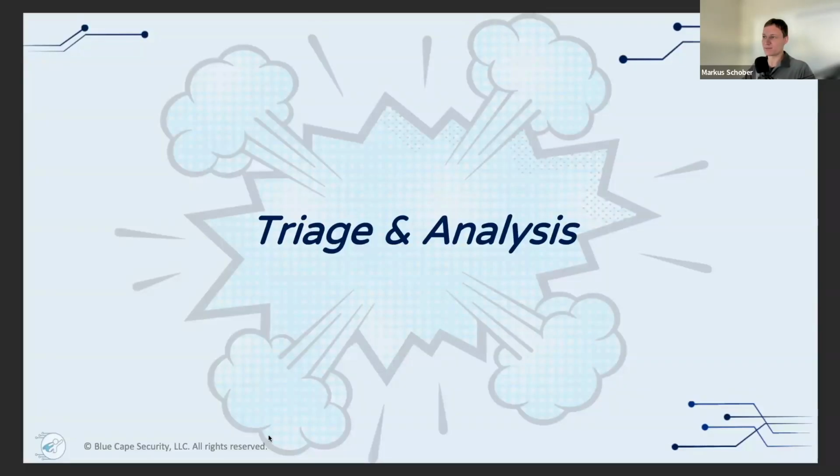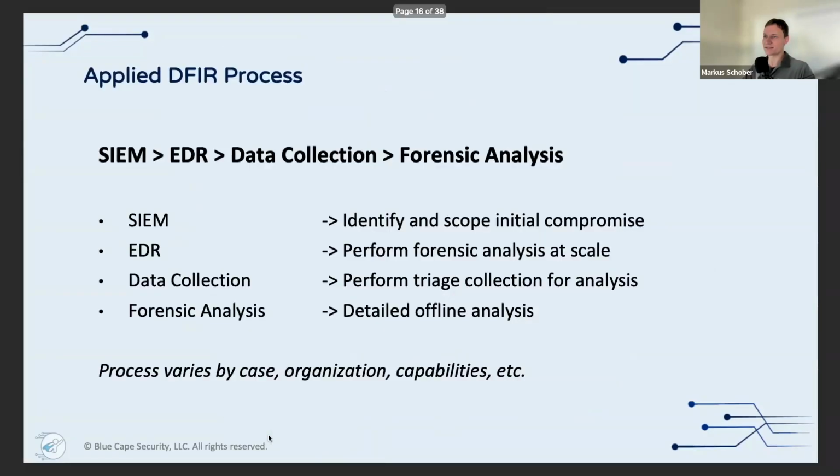Now we are going to jump into the initial triage and the analysis. So this is kind of the process, how it goes down. We have a SIEM, typically, that collects logs, as we've covered last week. And then within those logs, we oftentimes can identify something malicious that's going on based on event logs, based on network logs. It can help us just to potentially get an initial scope, right? An initial scope of a potential compromise, like how many systems, what kind of traffic has happened,